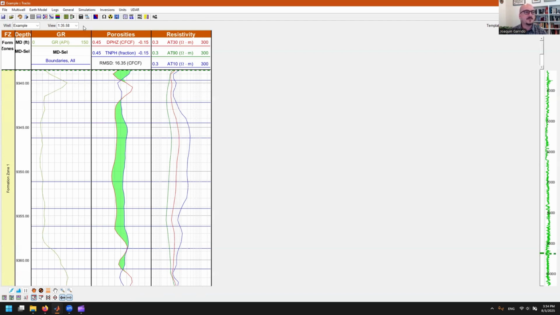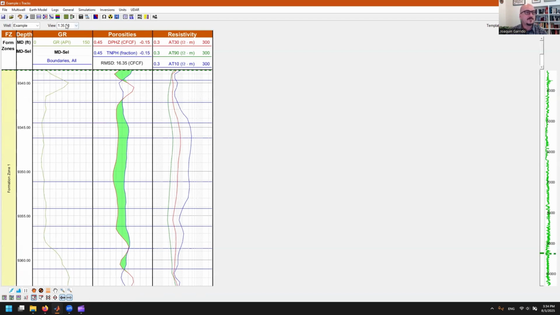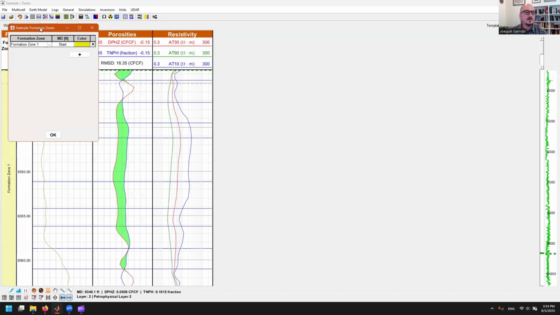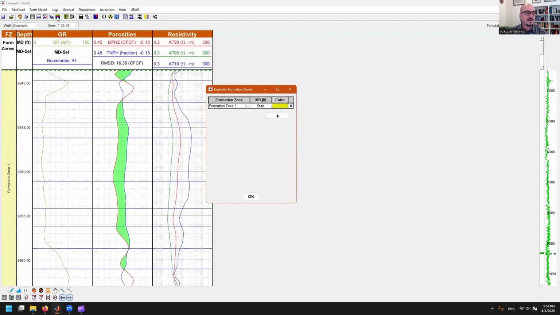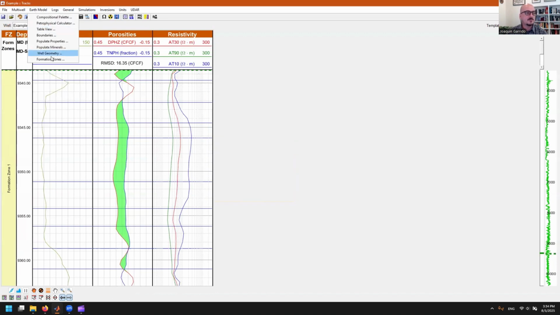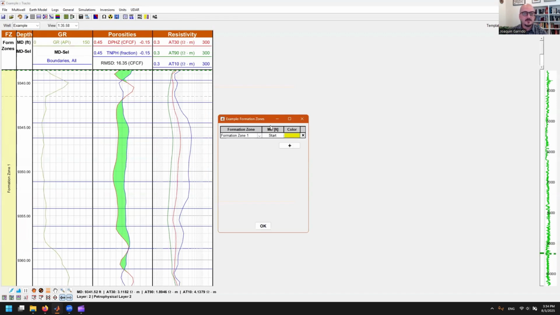I'm going to make a little parenthesis here. In the very left, you've seen that we have this formation zones track. You can specify formation zones by clicking on this colorful icon or Earth model, formation zones, and you should bring this module. So I'm going to add a new